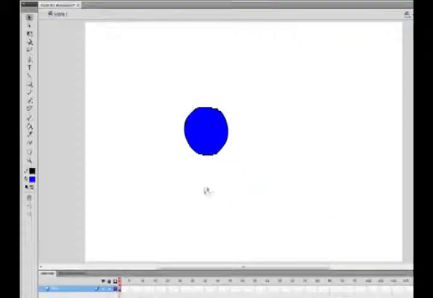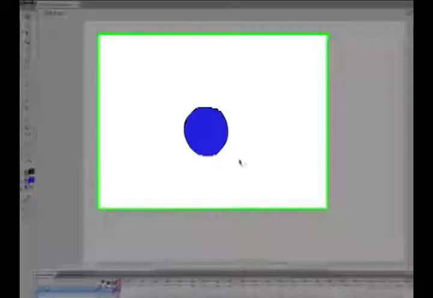Now what the selection tool does is there's two things you can do. There's two ways that you can select things on the stage. You can click on them and it will select them. So notice I clicked on this blue fill inside the stage here, and I can move it around. See, so I click it and I move it. You can do that. I'm just going to revert back, or you can click and hold down and then drag